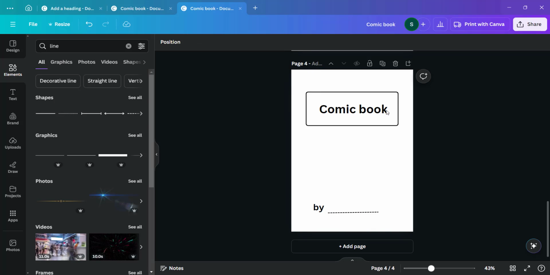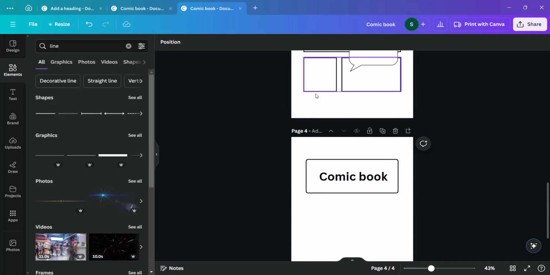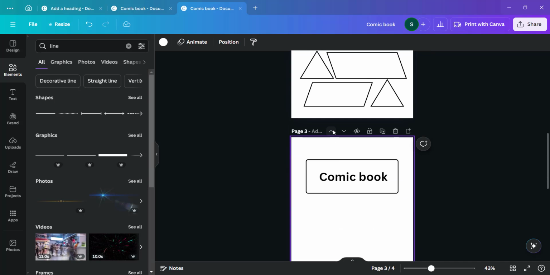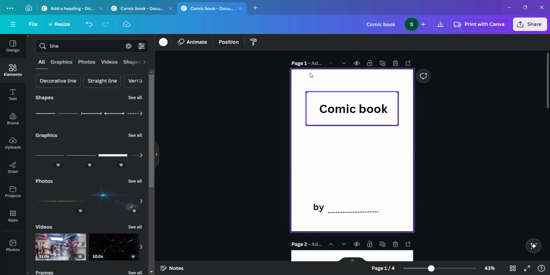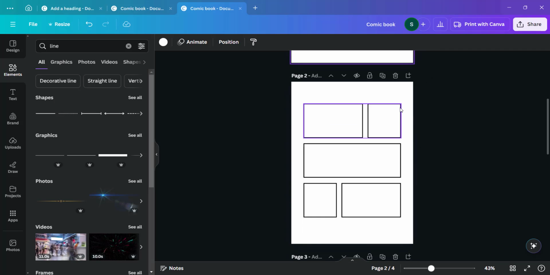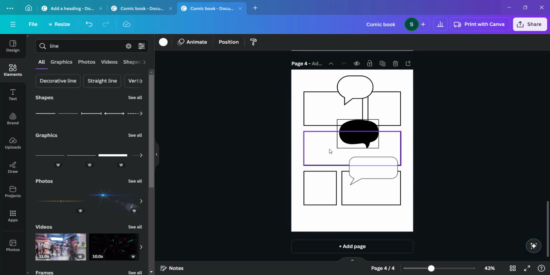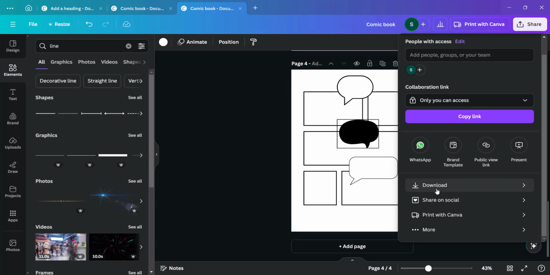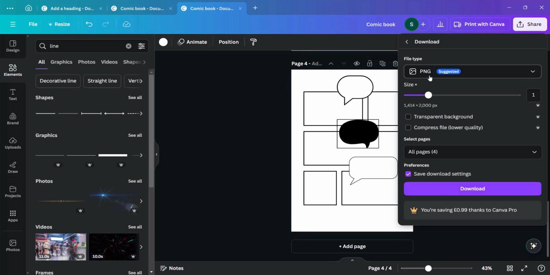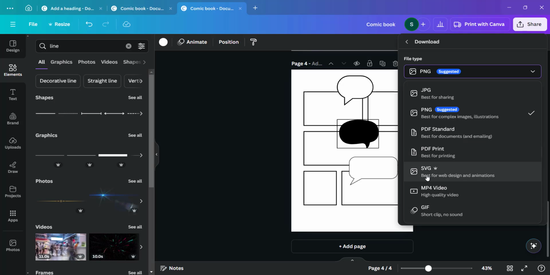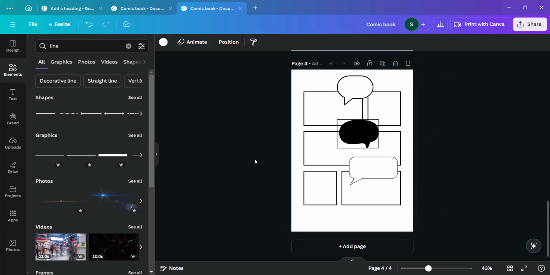So now we have a complete blank comic book. So let's move this up to the top. And this can be your opening comic book. And if you choose, you can just duplicate any of the pages to create your own design. And then we can just go to share, download, and we can use any one of these to download. If you want to, you can download it in PDF, and from then you've completed your first